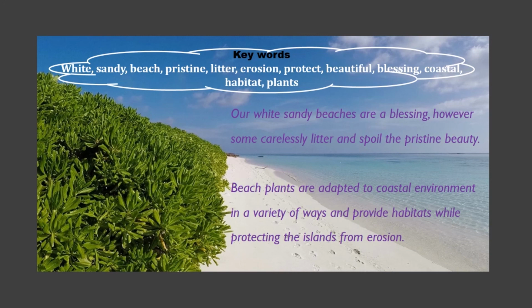We are using a coordinating conjunction here. While protecting the islands from erosion, while is a relative pronoun that we are using to create the last part of the sentence, protecting the island from erosion. This is again, it sounds like a small dependent clause. Okay,